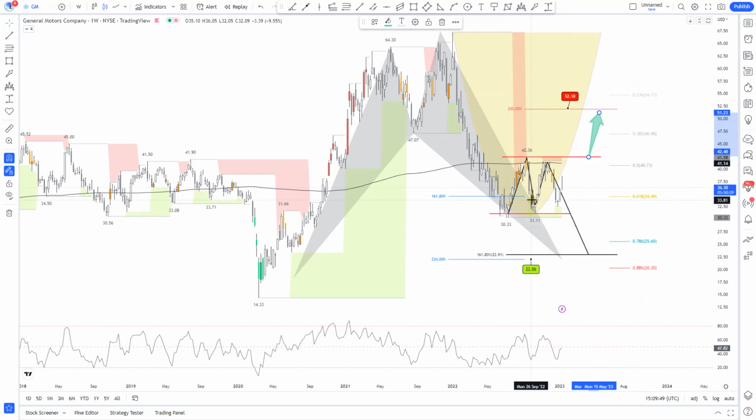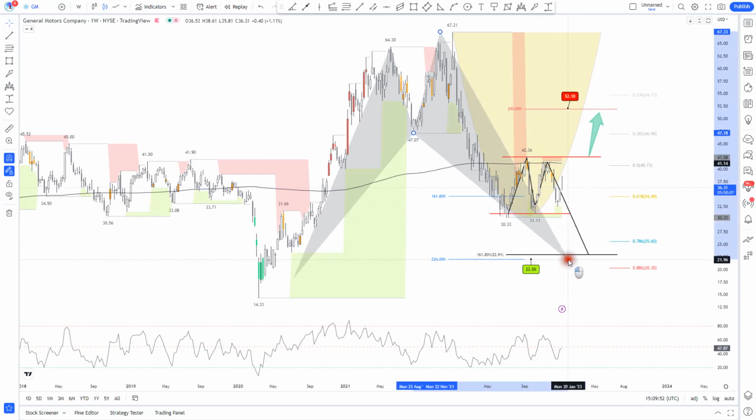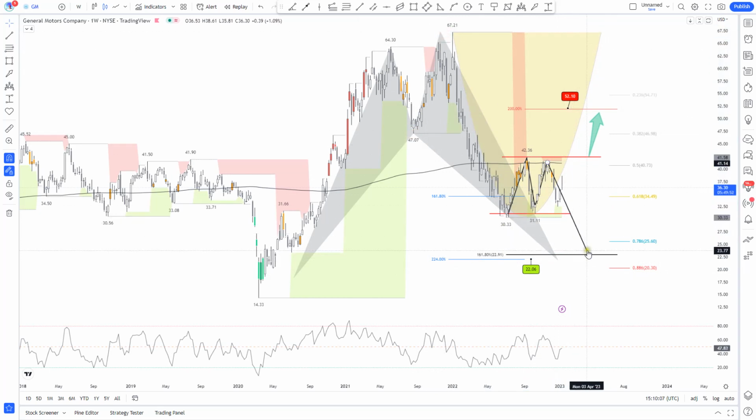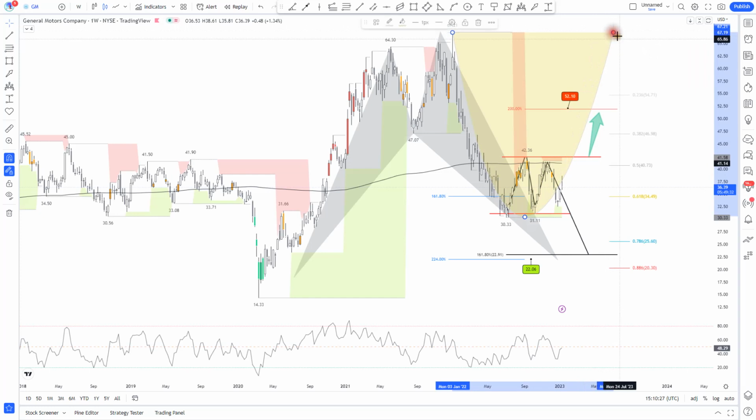Of course, a violation of the lows will vanish the possibilities to complete or to form those patterns below, and for that reason I'm pointing to the eventual convergence between this shark pattern, 224% Fibonacci extension of the last swing high, and the bullish crab pattern, a minor bullish crab pattern or a lower degree one, projected also at 22.91, the golden Fibonacci extension of the last swing high. Let's pay attention to this. Of course, too soon to talk about this potential move to the upside, to a retest of the highs.